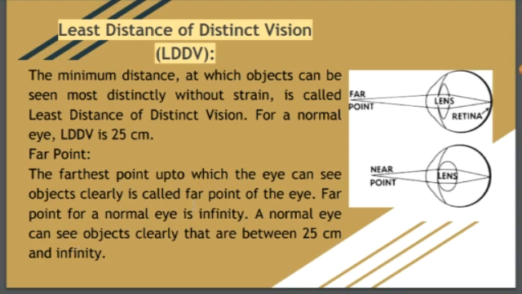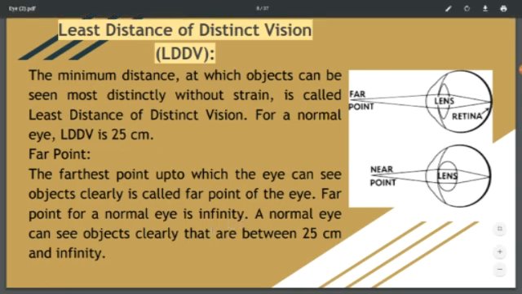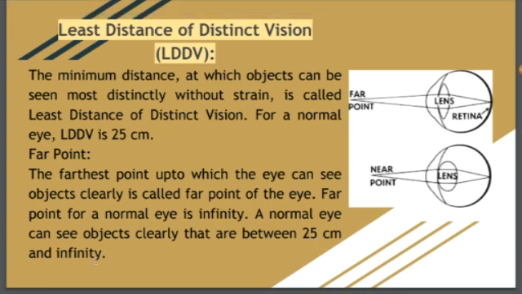The farthest point up to which I can see the objects clearly is called the far point of the eye. The far point for a normal eye is infinity. A normal eye can see objects clearly that are between 25 centimeter and infinity. This distance we call the